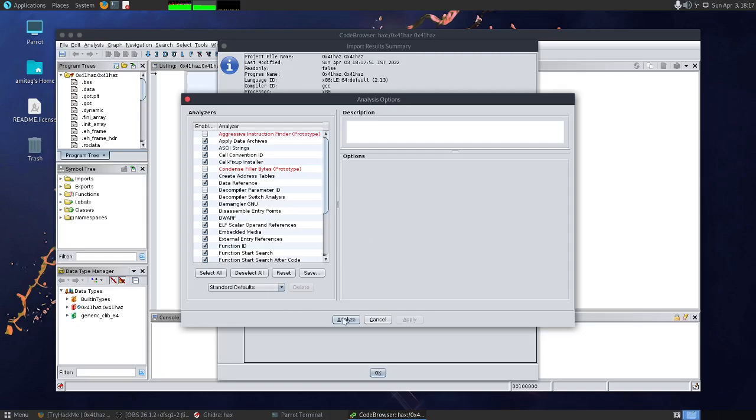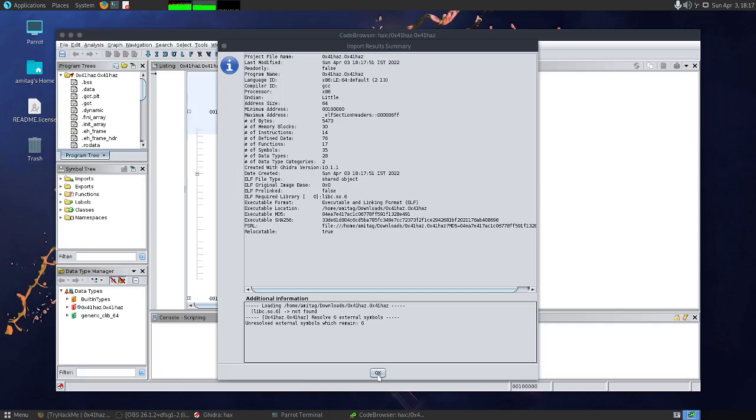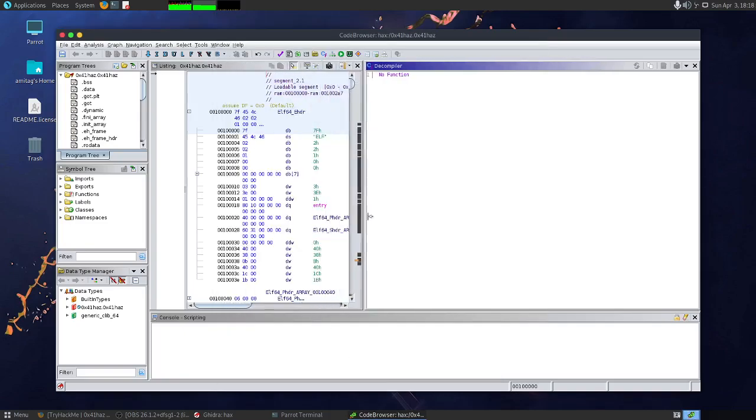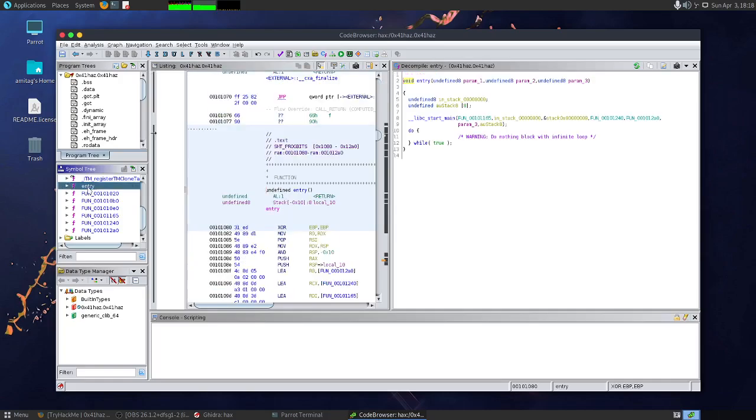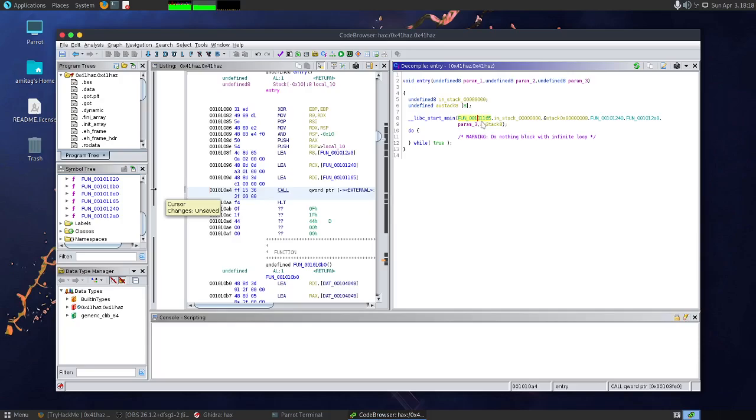It's a small binary, so analyze should not take much time. Let's wait for Ghidra to analyze this, and then we can go into functions and see what functions we can see. That's because Ghidra was also unable to identify the file correctly. But since the number of functions here is quite small, we can quickly check what is happening. Ideally the program will always start at entry, and in the entry we can see that it is calling a function, 101165. Let's go to this function. If we double click on this,